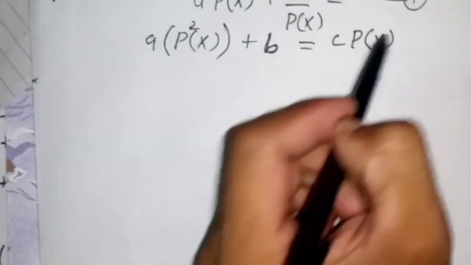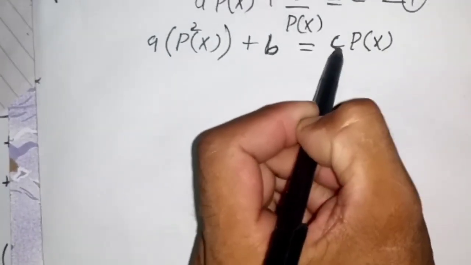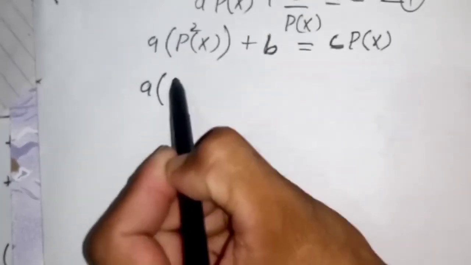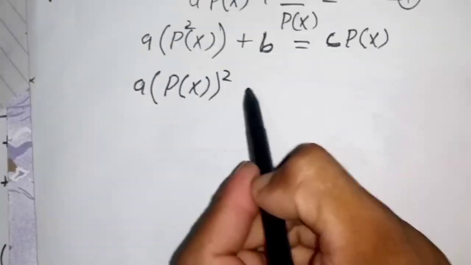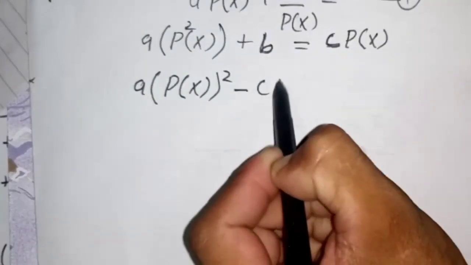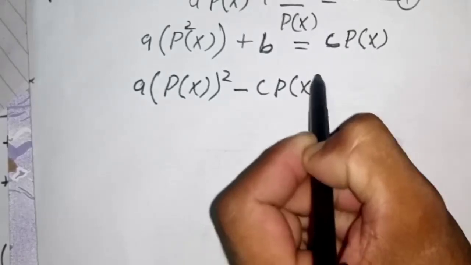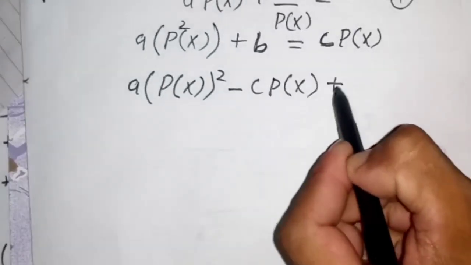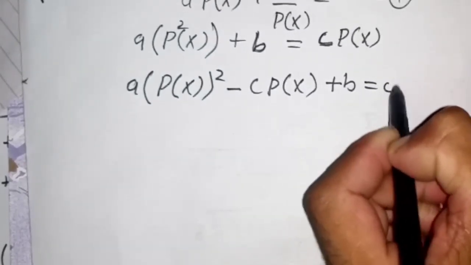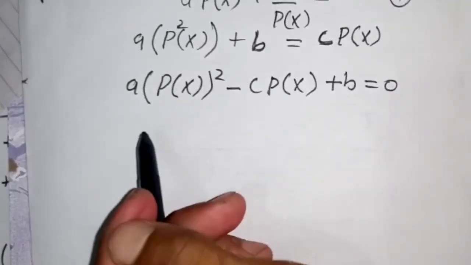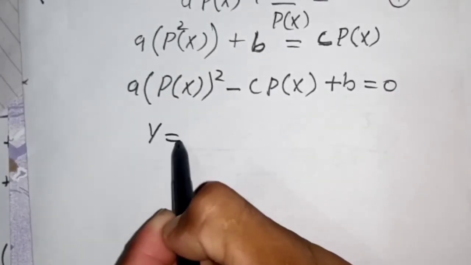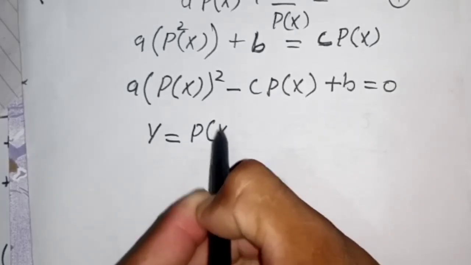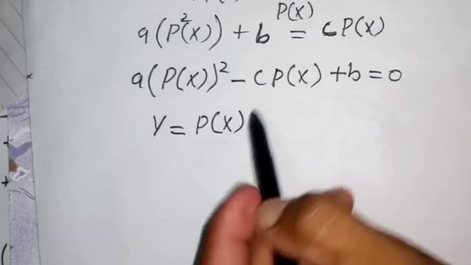So we can shift c·p(x) to the left side, so we get a·p(x)² minus c·p(x) plus b is equal to 0. Now here if we substitute y = p(x), so we get